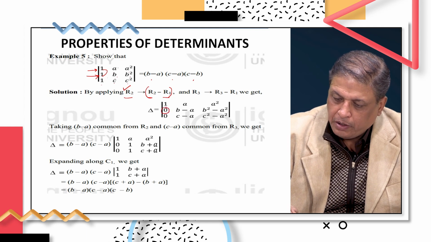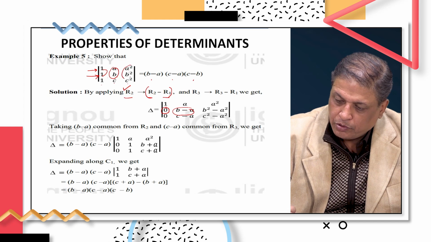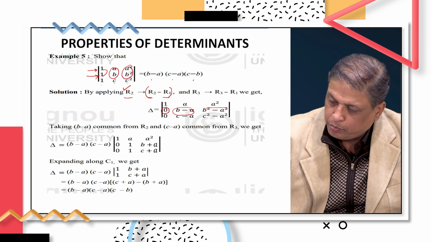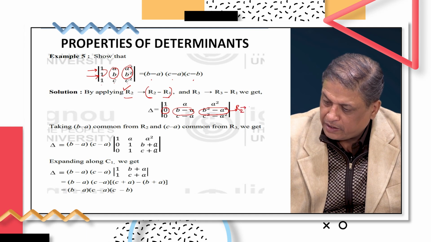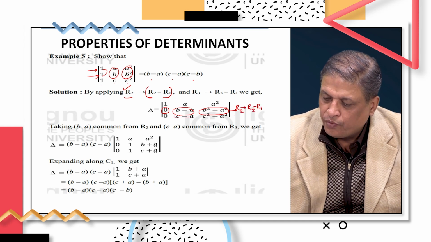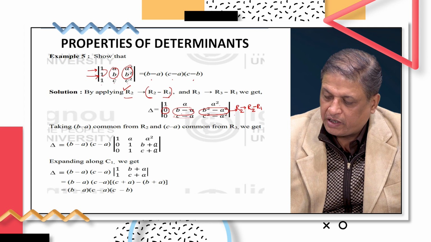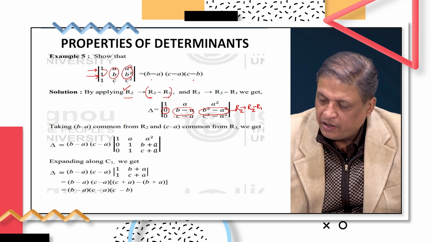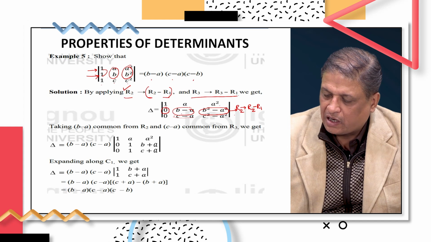The first value will be b minus a, the second value will be b minus a, and the third value is equal to b square minus a square, because R2 is such that it is R2 minus R1. So this leads to the new determinant where the values are 1, a square, 0, b minus a, b square minus a square. And similarly, if we apply R3 equal to R3 minus R1, then